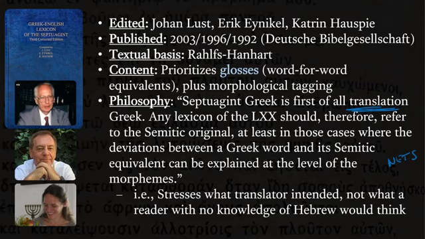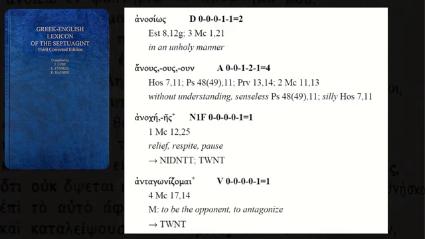And so that does make it, at times, distinct from Muraoka. Many times, even as I was just preparing for this video, you'll see that they'll give basically the same types of glosses that you might find in Muraoka, but there will be times where they might differ in terms of a more Greek-focused meaning versus a more Semitically influenced focus of meaning, which is what you're going to find in this particular lexicon. Let's take a look at how it appears.